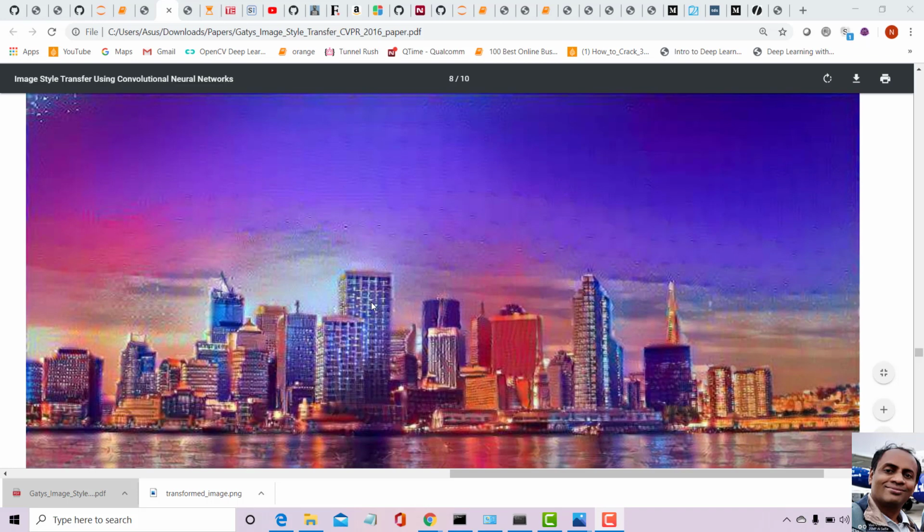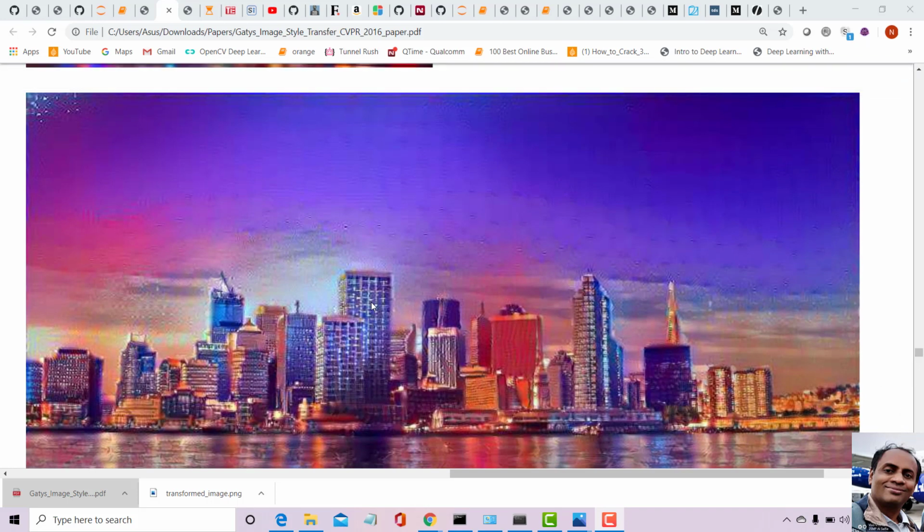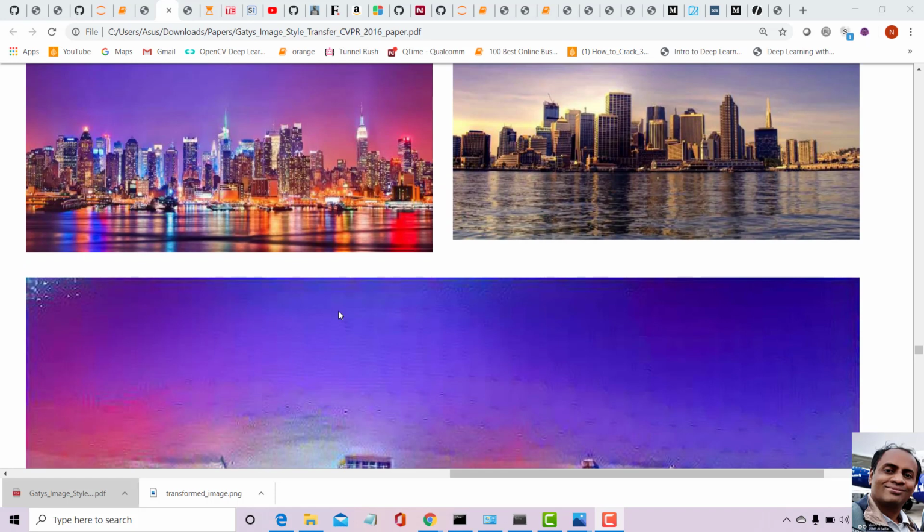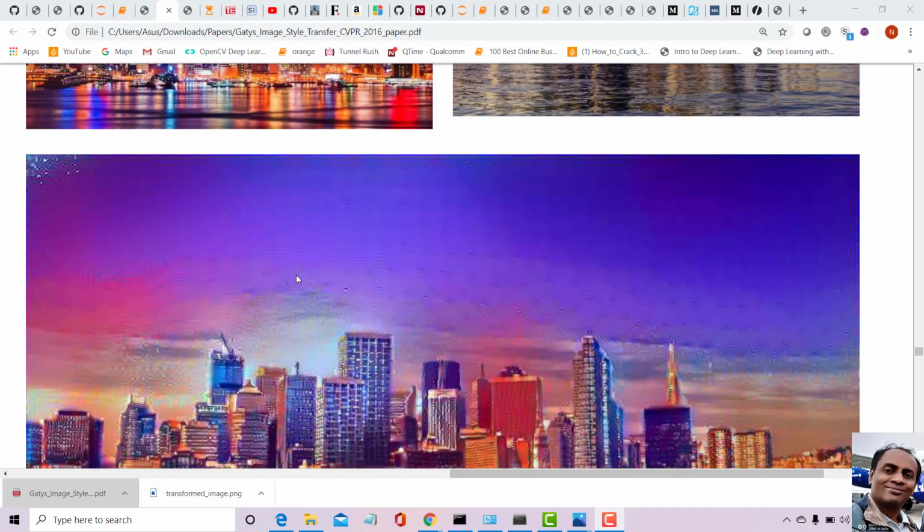Okay, this is wonderful. And in fact this is a great example of transfer learning, where we don't really use a brand new network. We use a pre-trained neural network and extract the features to implement this task. Today we are going to use the VGG19 network, which is already pre-trained, and we'll use specific layers of VGG19 to extract the features and contents.